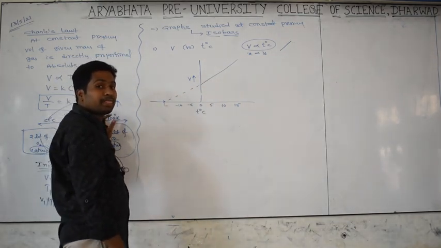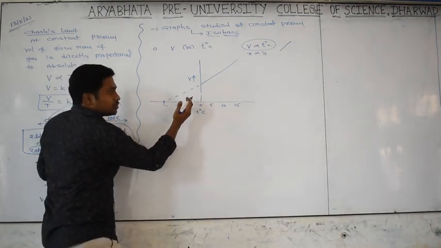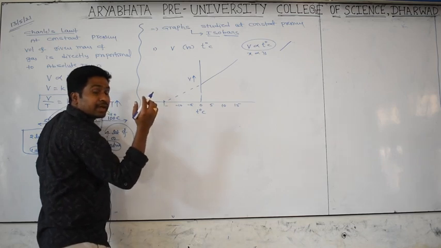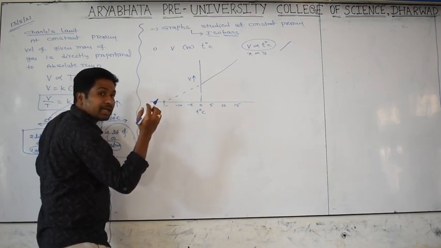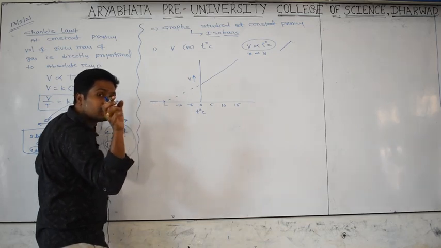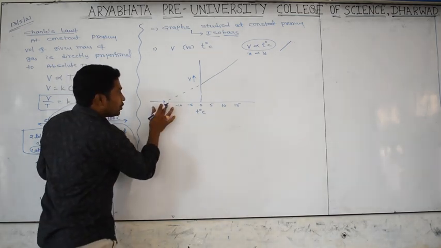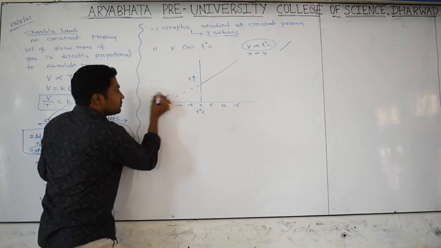Why like this? A lot of meaning is there. When the gas comes into negative temperature, the kinetic energy of the gas particles will be decreasing, which means the gas cannot be moving. Gas cannot be moving means it is condensed together, becoming like a liquid. So at a particular temperature, the total volume of a gas is becoming 0.